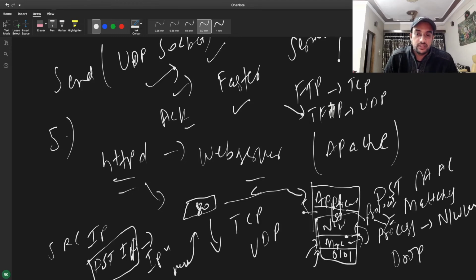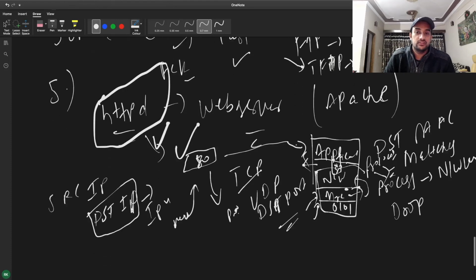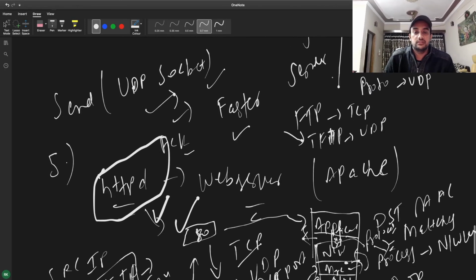If it's TCP, then the TCP layer will process that packet, and it will check the destination port, and which application protocol that port belongs to. So it will see, okay, the destination port is this one, and the application HTTPD is listening on that port, so send it to that layer. The packet will reach HTTPD, it will process that packet, and then it will send the reply packet back. This is how basic communication works with the whole TCP/IP stack.